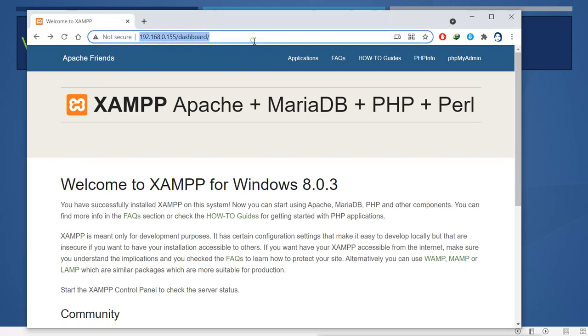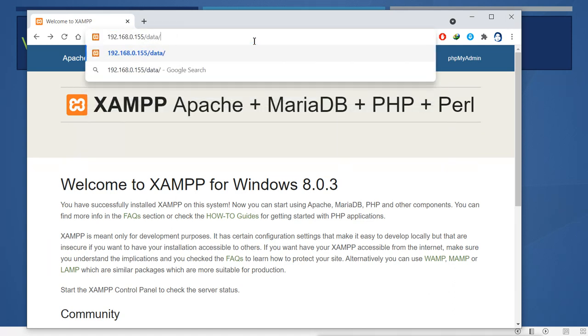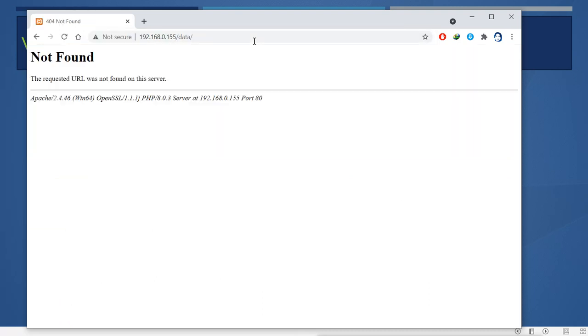Now if I try to access a different directory, let's say data, this is not a custom error. You can see it is showing that this is an Apache 2.4.46 server on Windows, using OpenSSL and a particular PHP version.